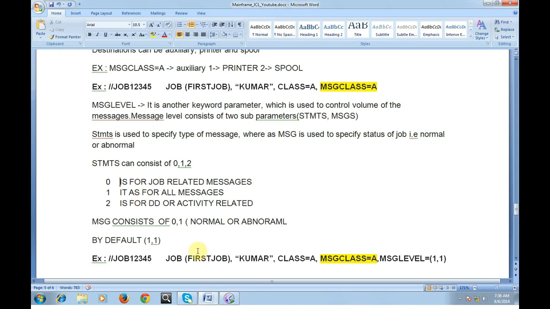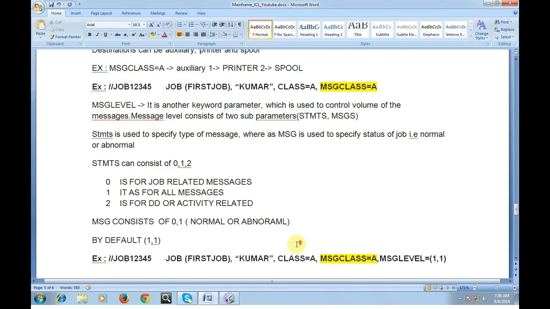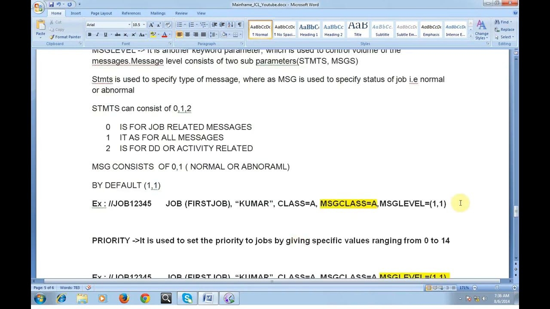Message consists of 0, 1, which indicates normal or abnormal. By default we give 1 comma 1. Why? Because we want to see all the messages related to it. It might be job, it might be DD or activity. So you can see below is the example of the message level, where I am giving message level equal to 1 comma 1.